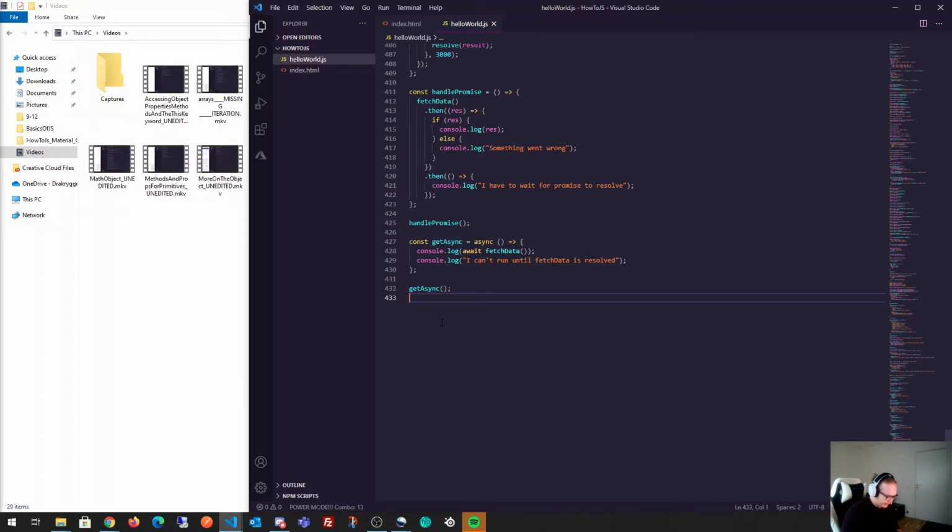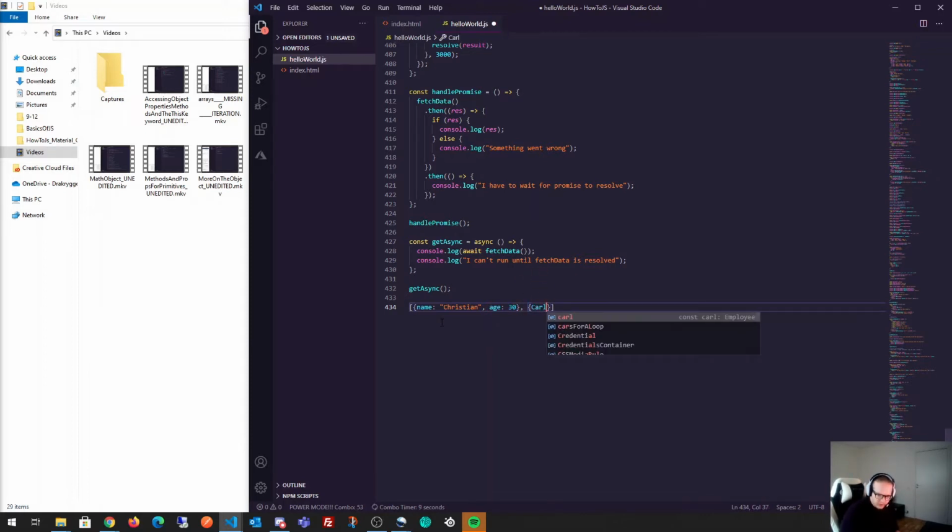And we have become very familiar, for example, with the syntax of getting data that looks like this, for example, with a name, which is a string, Christian, and then Christian has an age which is equal to 30, and then we have another person here called Carl,